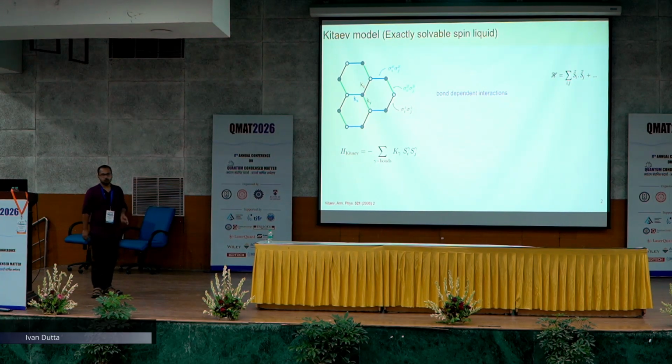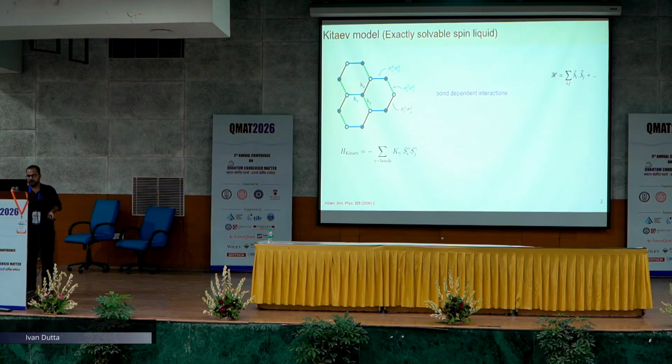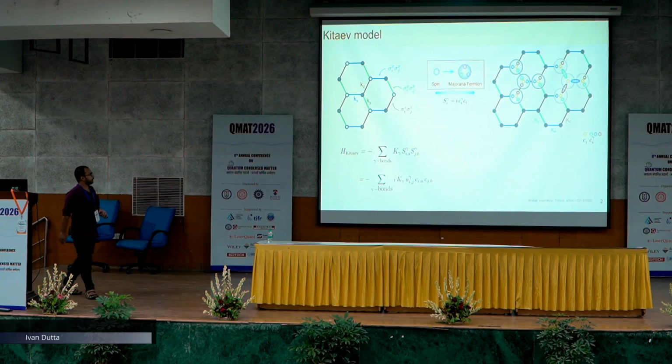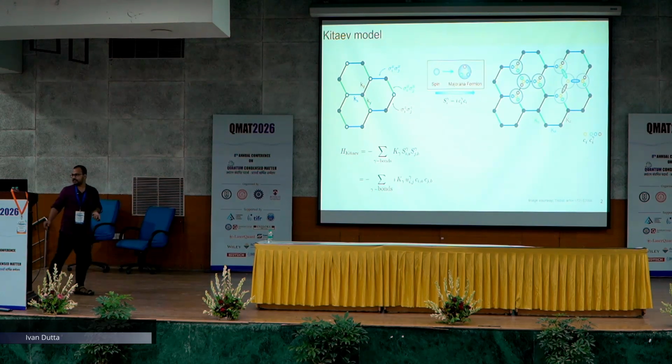If you compare the two models on the right hand side and left hand side, you can see that the Kitaev Hamiltonian on the left hand side is bond dependent. So there are three bonds, the coordination number is 3, and along with the 3 bonds we can associate 3 different spin interactions by Pauli matrices. If we do this, then Kitaev showed that we can decompose the spin in terms of Majorana fermions, and this can be solved exactly by a beautiful reduced Majorana hopping problem where u_ij is a very special operator.